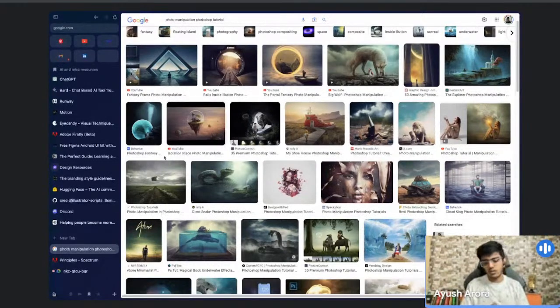Other than that, all of this is for when you are learning about designing or learning about the tools. So let's say you have learned all of these things, you are a pro at Photoshop, you're a pro at Illustrator, you know the basics of designing. The next part is how to get a job in this particular field. For that, you need a portfolio, and to make a portfolio for a beginner, let's say with 0 years of experience,